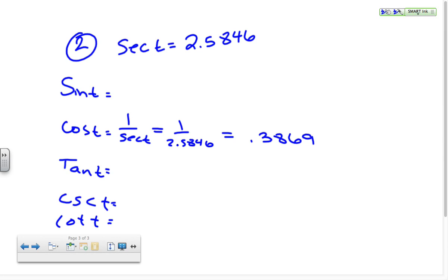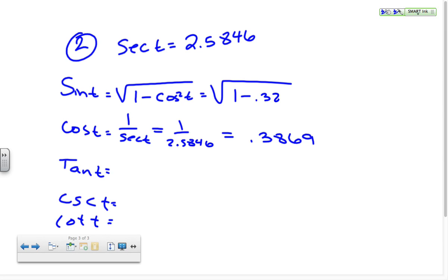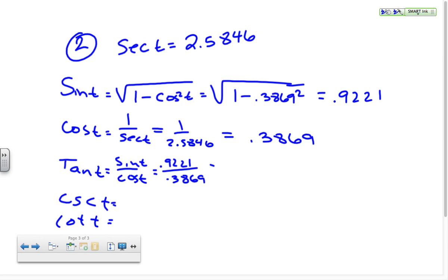And so the sine of t is going to equal the square root of 1 minus the cosine squared of t. So I'm going to go square root of 1 minus 0.3869 squared. Again, calculator stuff. And I get 0.9221. Now what's nice about this is once I have those two, I can find the rest of them really easily. The tangent of t is the sine of t over the cosine of t, which is 0.9221 over 0.3869, which is